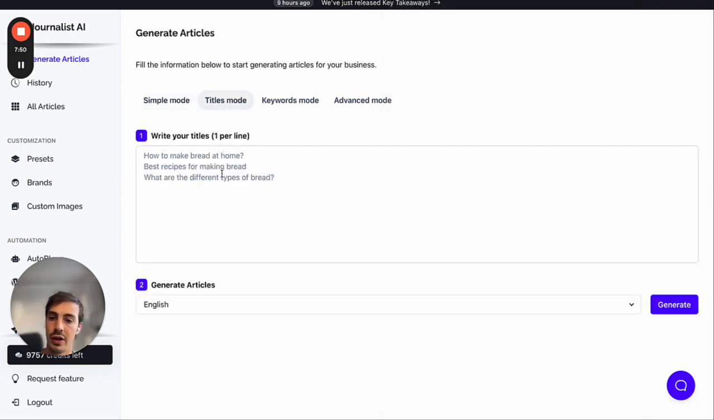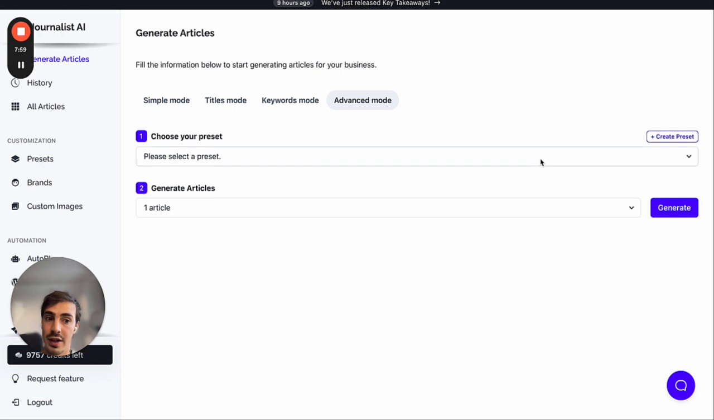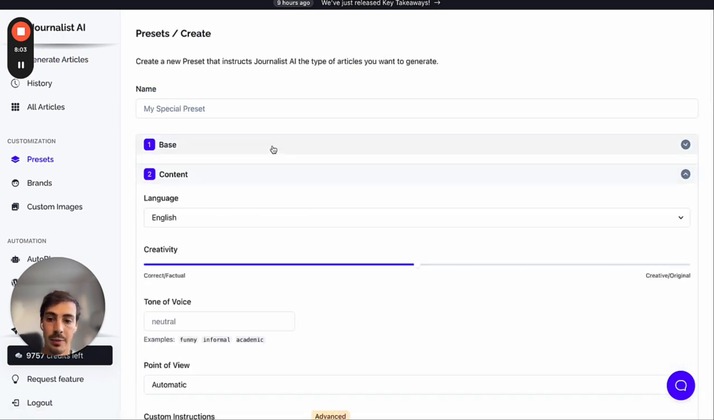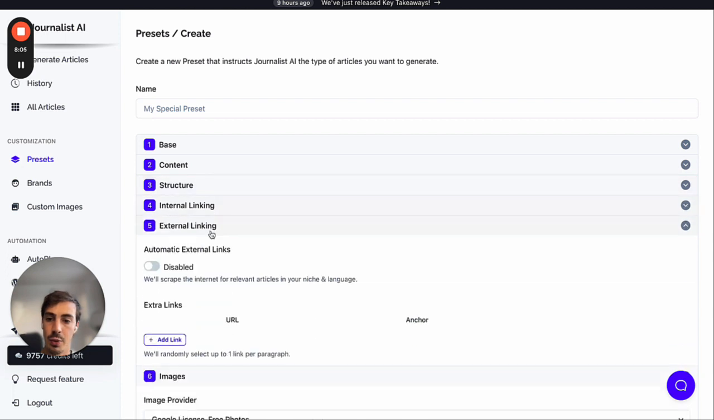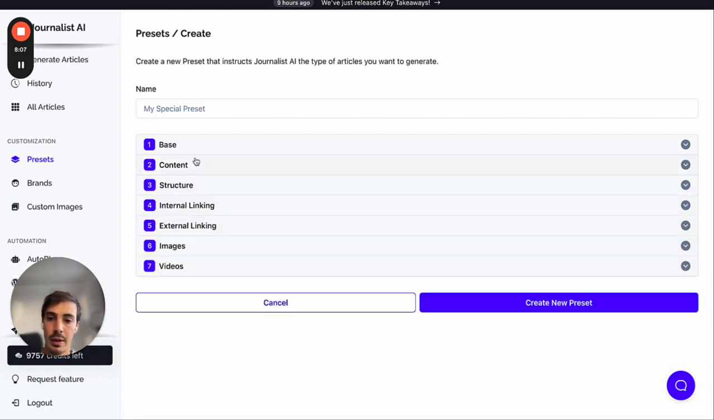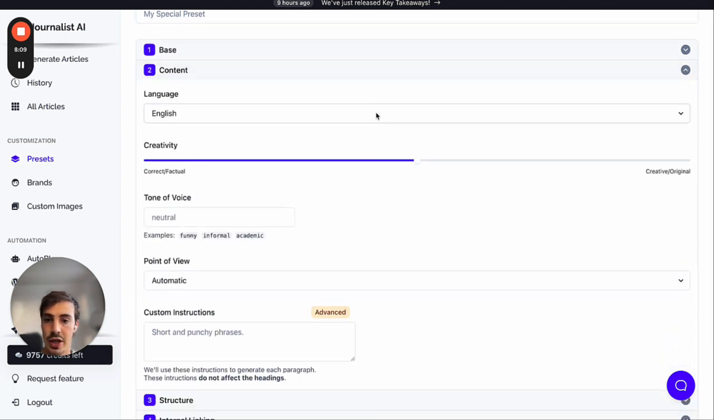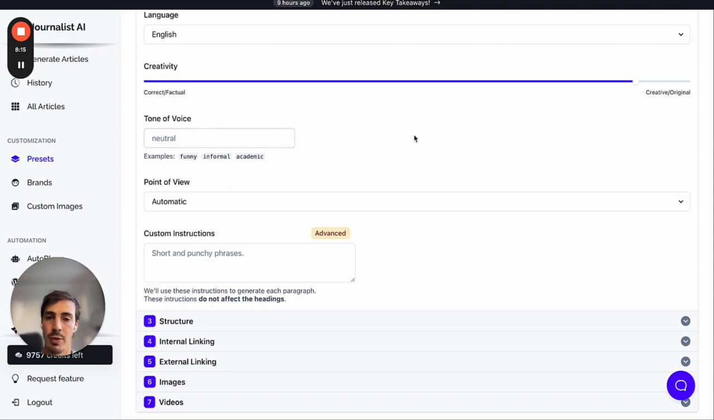Titles mode, you give it the titles you want, and you click generate. So we generate content based on these titles. Keyword mode is simple, but then what I'd recommend you do is go with the advanced mode, because here is where we give you a lot of creative freedom, right? There's these 7 steps, which I won't go over in detail right now, but essentially you can choose the language again, you can choose the level of creativity, you want more correct or factual content, maybe you want more original content, you could choose the tone of voice to match your brand's tone of voice, fun, informal, academic, neutral,